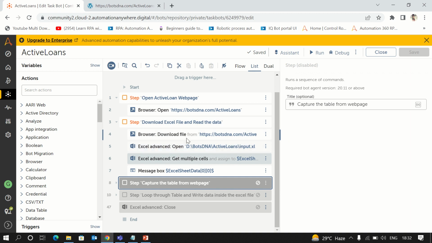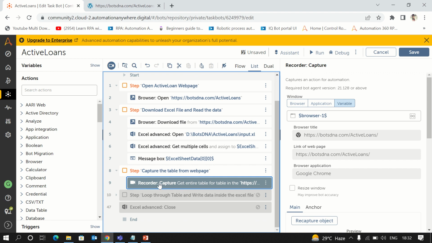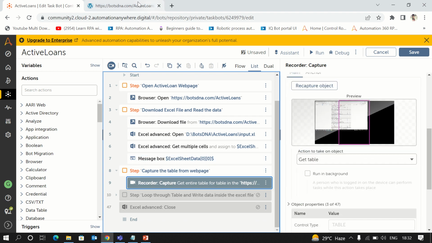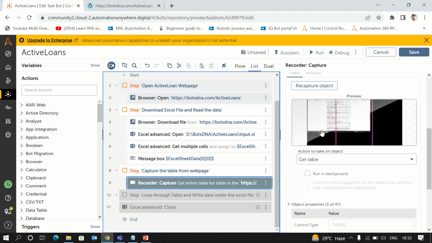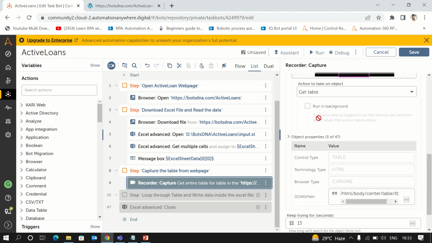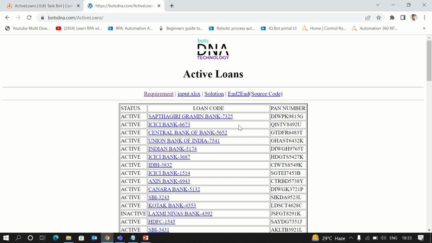So once we are able to read the data from Excel, we will read the table from the web page. Now we will capture the table from the web page. So I'll use capture command from recorder package. I'll capture this table here, and from here I'll select get table. We want table, and here we will right click,